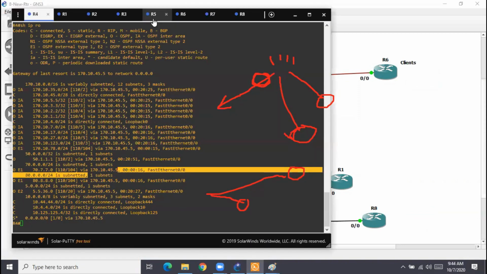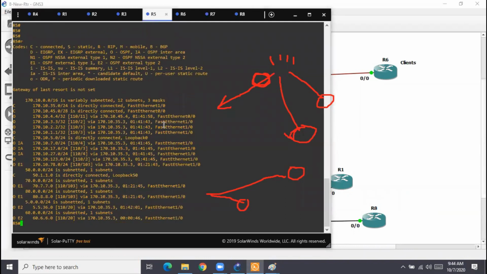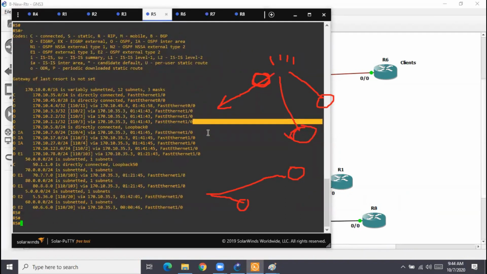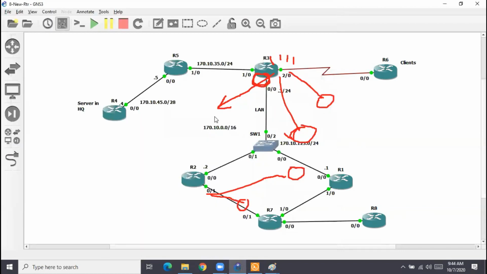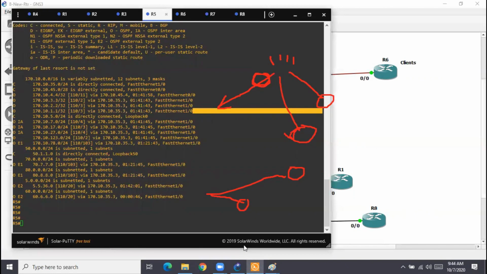So now a requirement comes to R5. You are the admin of R5 and you say, I don't like 70, I don't want 70. So how many protocols are on R5 as per the diagram? Seeing a diagram, you should make out it's a single protocol. Which tool? Distribute list, DL. Very good.